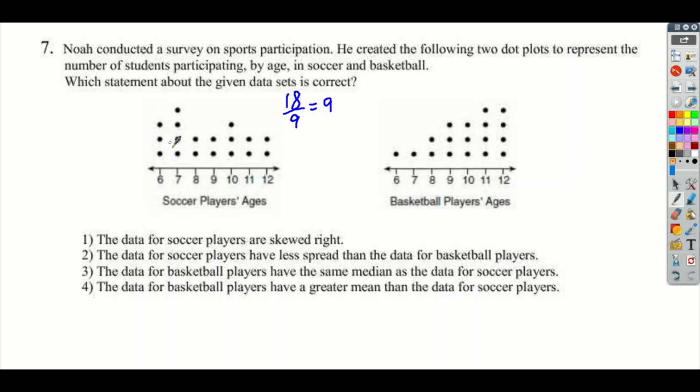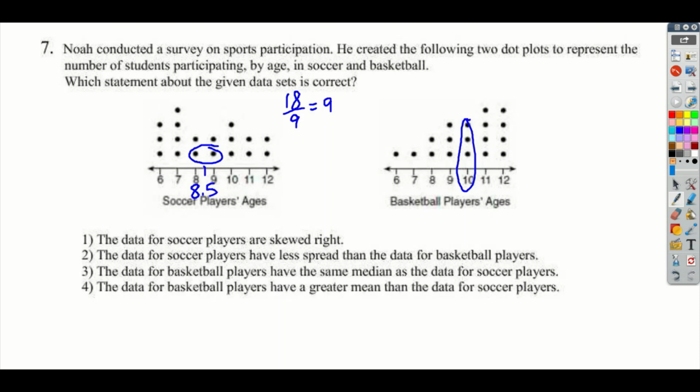So 1, 2, 3, 4, 5, 6, 7, 8, 9. And then 1, 2, 3, 4, 5, 6, 7, 8, 9. So the median is represented by these two dots. So the median is going to be 8.5 here. Okay, and I'm assuming it's the same number here. 2, 4, 6, 8, 10, 12, 14, 16. It is 18 again. So the 9th dot on both ways, 1, 2, 3, 4, that's 8. There's 9, and then 1, 2, 3, 4, 5, 6, 7, 8, 9. So the median here falls within the 10th